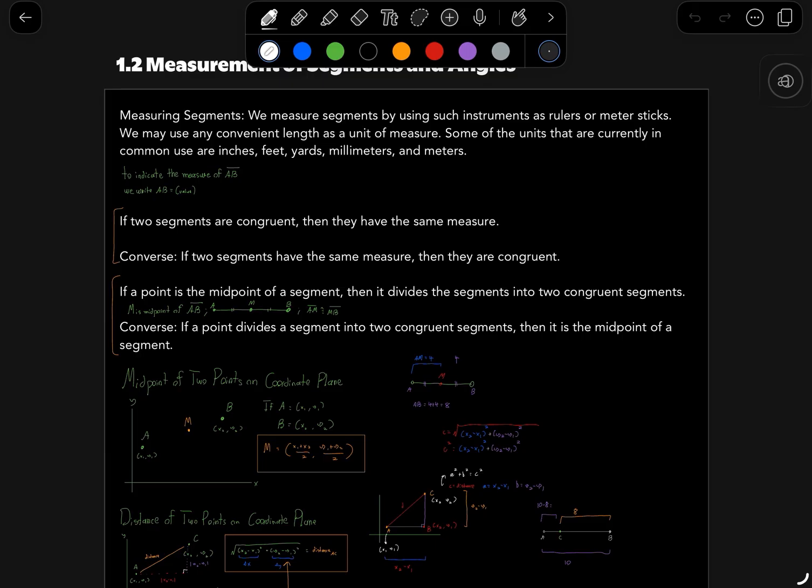So, measuring segments. How do you even measure a segment in the first place? What does it mean to even measure? In real life, when we measure things, we use specific instruments like rulers or meter sticks. As far as the units that we use, it can vary. It can be inches, feet, yards, millimeters, and meters. But specifically in geometry, when you're measuring the length of a segment,